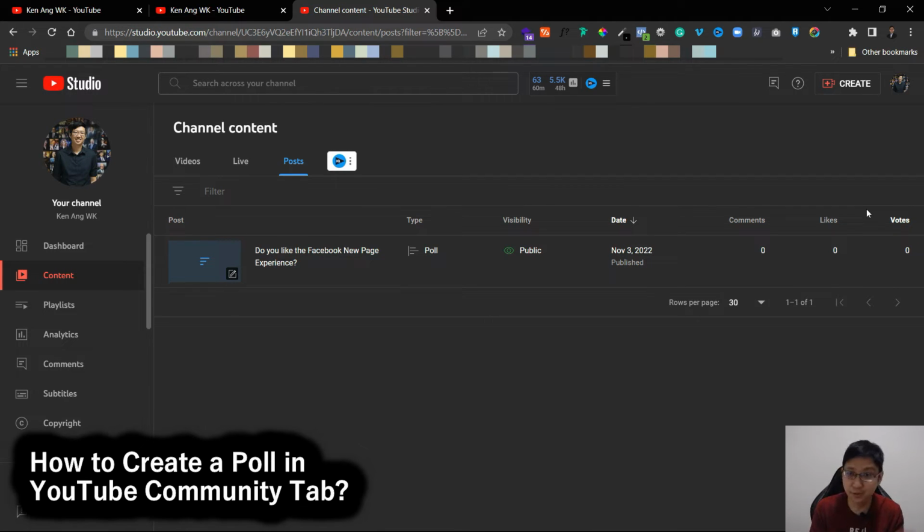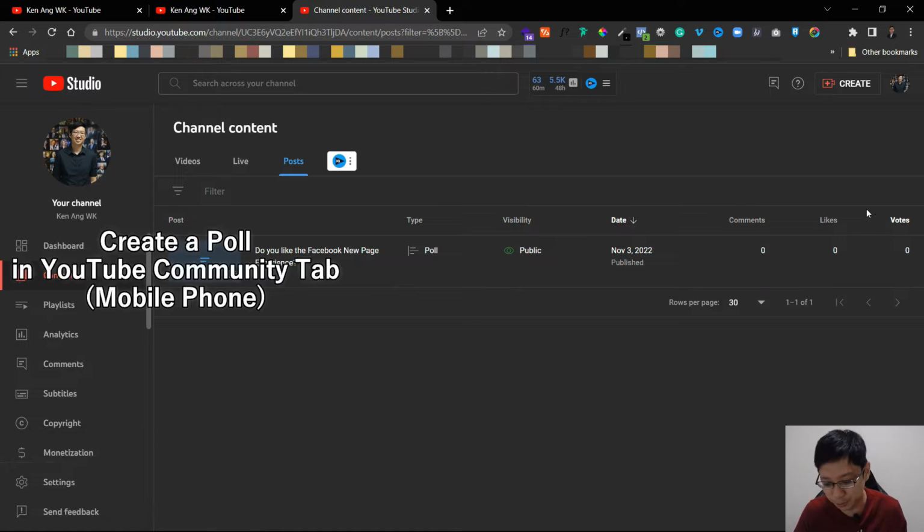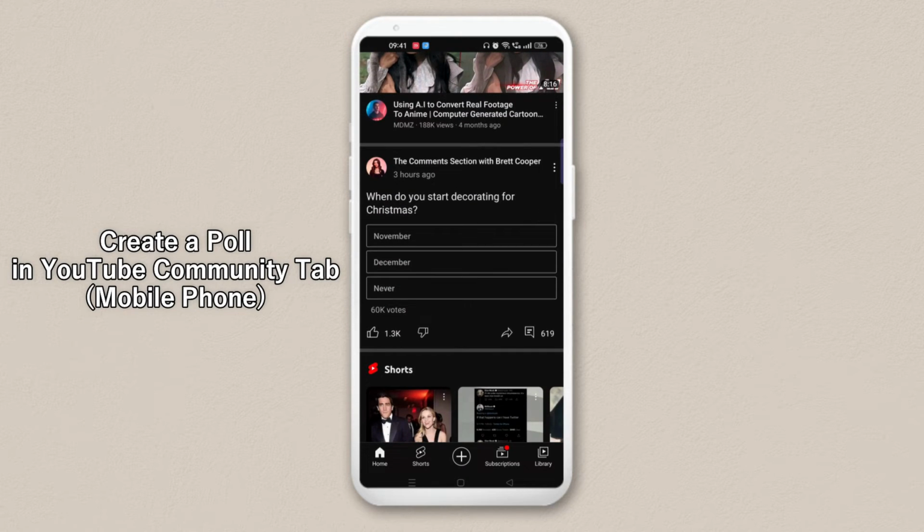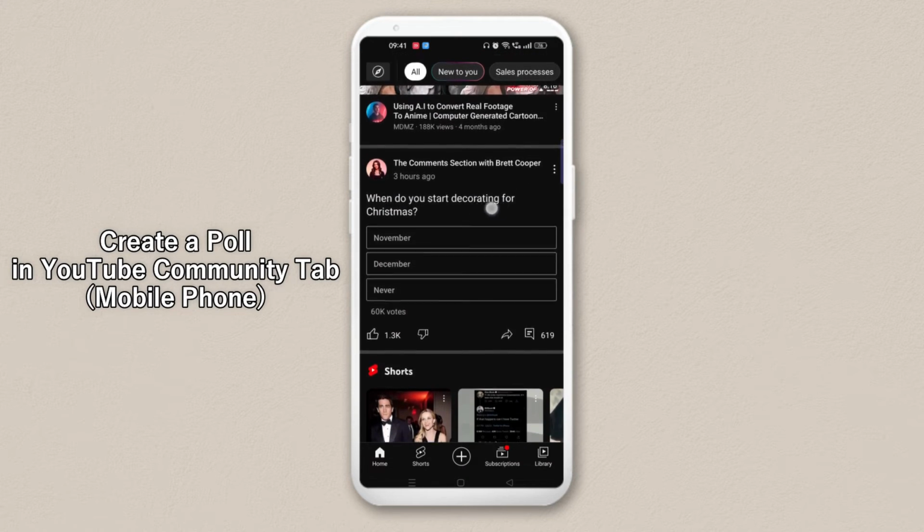Let's jump into the phone. On the phone, you can see a lot of posts being posted there. It's interesting. Let me show you how you can do it on the phone. It's very easy. Let's go. Alright, now I'm at the phone. Log into your YouTube account. When you start scrolling your YouTube, you can see these are other people's community posts or polls